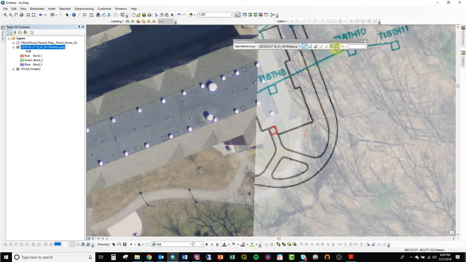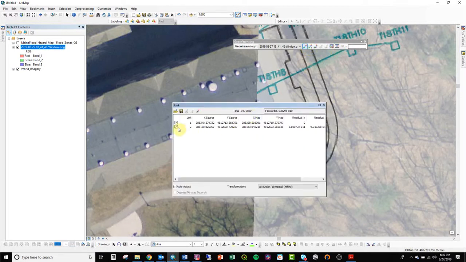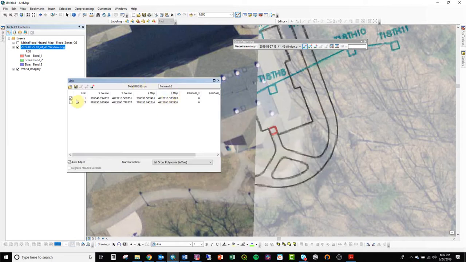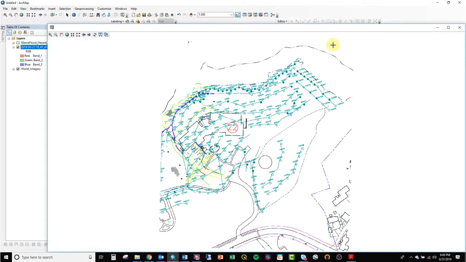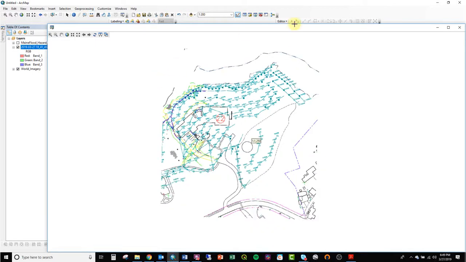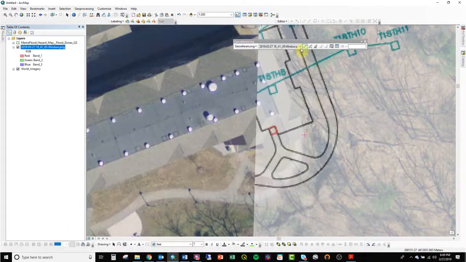And then, all right, so say I messed up, you can go to the list of control points and you can delete one. Surprised there's only 2 of them in there. I thought there would be more than that. It's weird. Alright, ignore what I just did. Okay, so